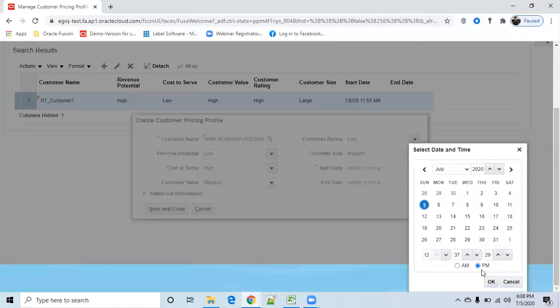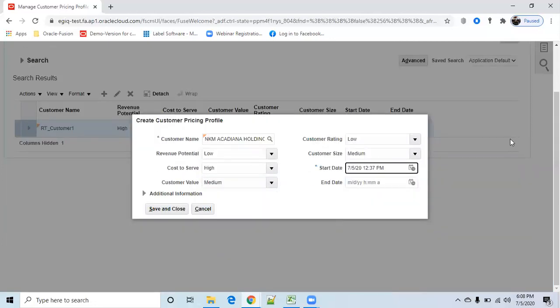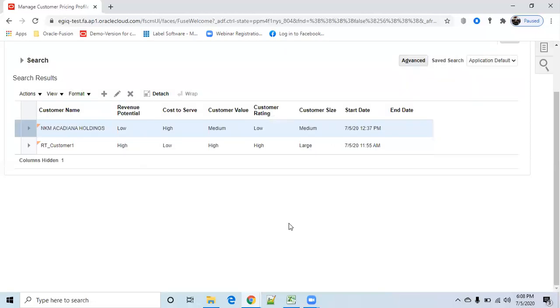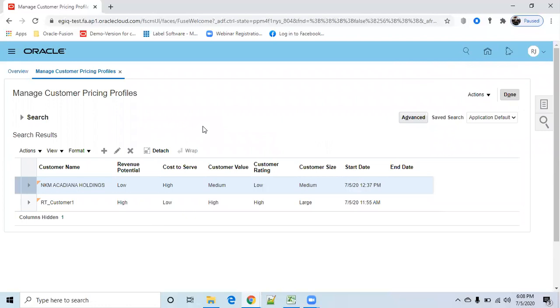Why I'm creating these things, we will see in the next step. After continuing the class, we'll come to know what is the significance of this pricing profile. Now I created one customer pricing profile. If I'm not creating a customer pricing profile, we'll see that in a different scenario. Now our scenario is we have some customer pricing profile. Based on that, I want to sell one specific item to the customers. So I want to create the pricing for that specific item based on this pricing profile.